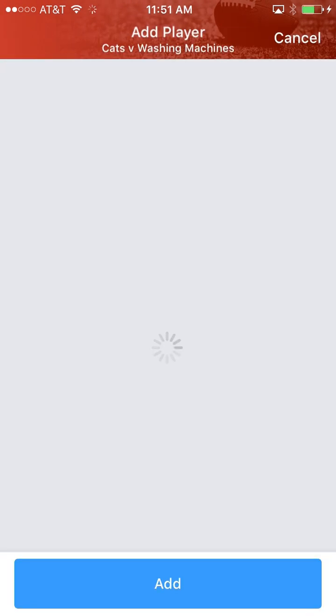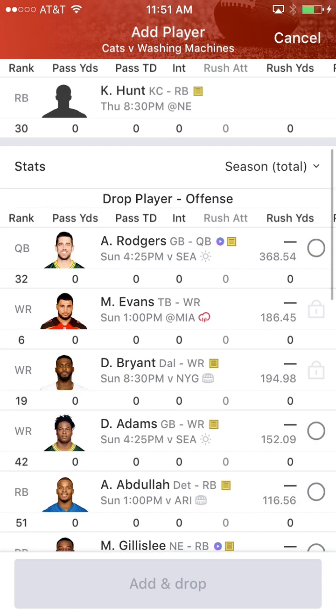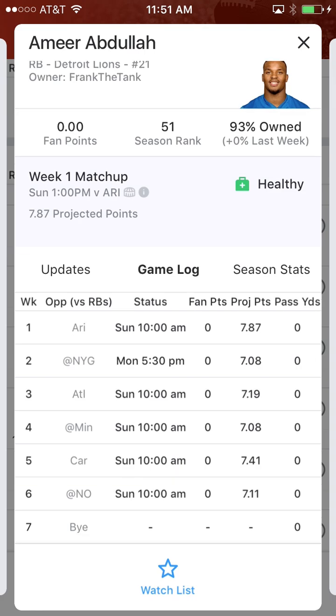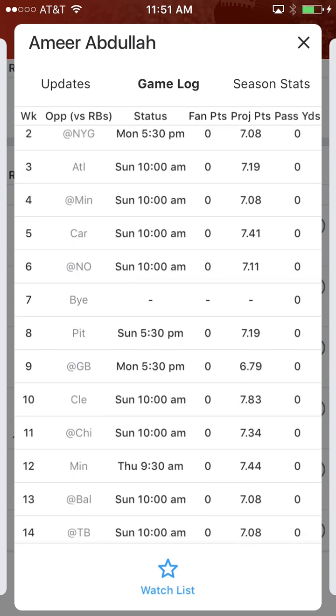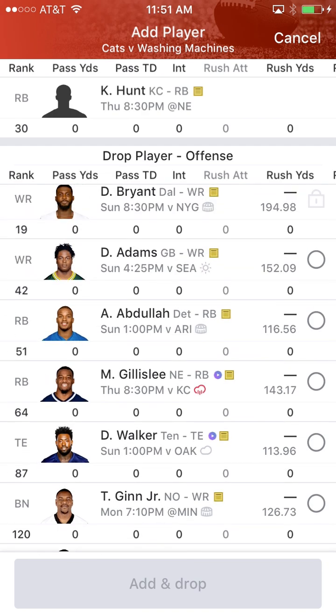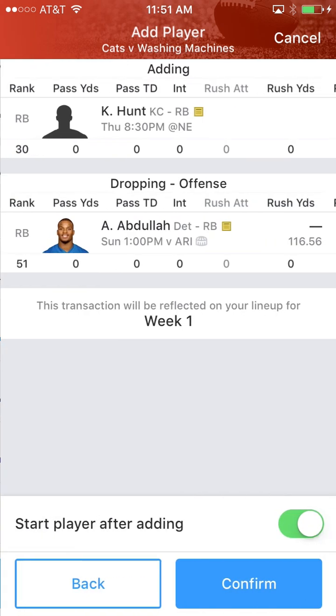And now it's going to say which person do I want to drop in order to pick him up. Since he's a running back, I'm going to look at my running backs. You don't have to. This A. Abdullah from Detroit, he's not really looking that good. I'm going to click on him and click on his game log. He's only projected to make between 6 and 7 points a game. So since K. Hunt's projected to make significantly more than that per game, I'm going to swap him out. So there's that open, unfilled circle. I'm going to click on that unfilled circle, and now I'm going to click Add Drop, confirm,